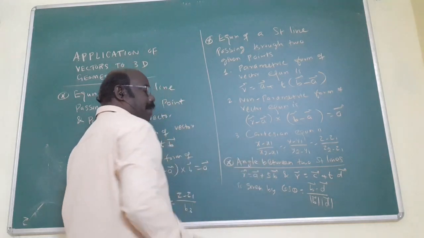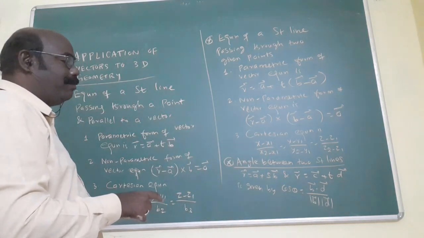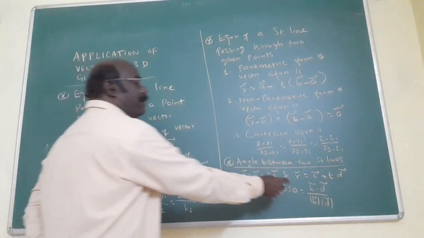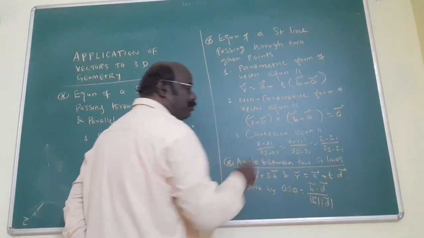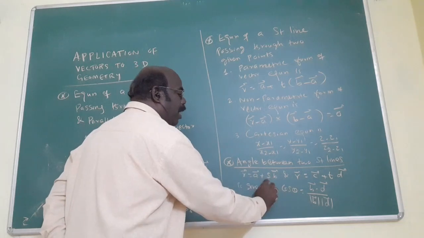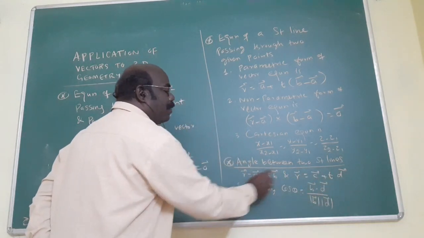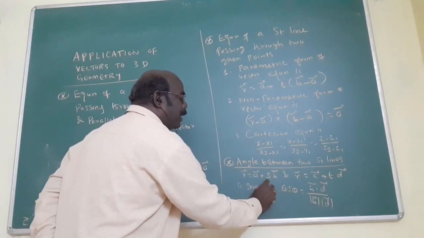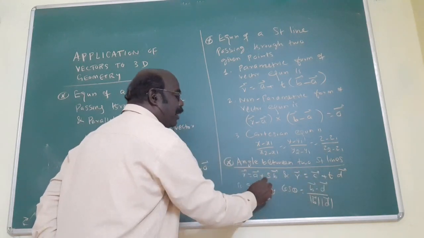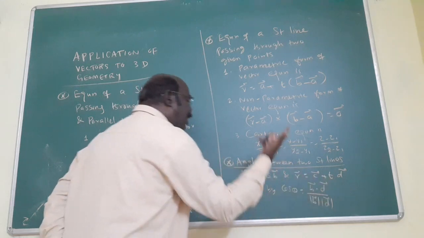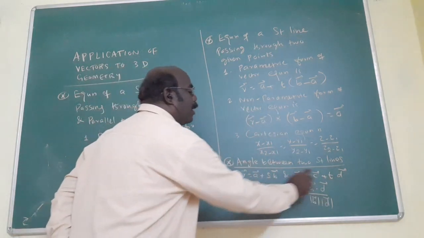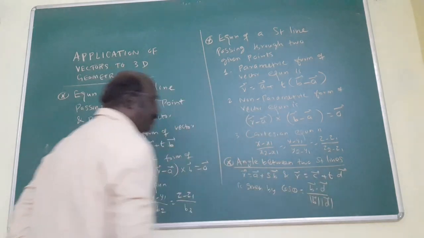Everybody knows. Anyway, from the equation, you want to identify which one is the p vector and which one is the d vector. The vector format is given, with the scalar after it. The point need not be considered, and the r vector need not be considered. After the scalar, the scalar may be lambda, mu, s and t, p and q, whatever it may be. After the scalar, let it be the d vector.